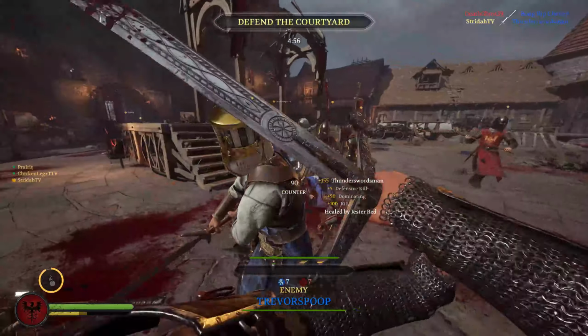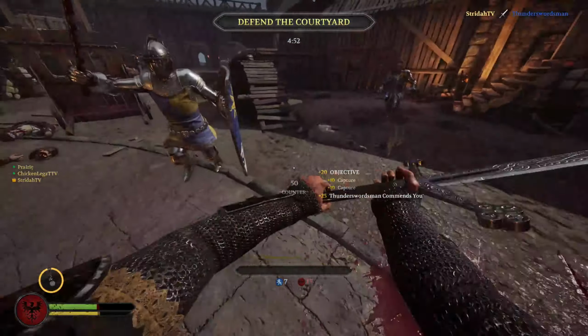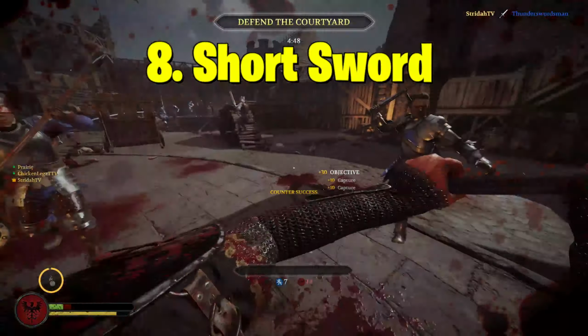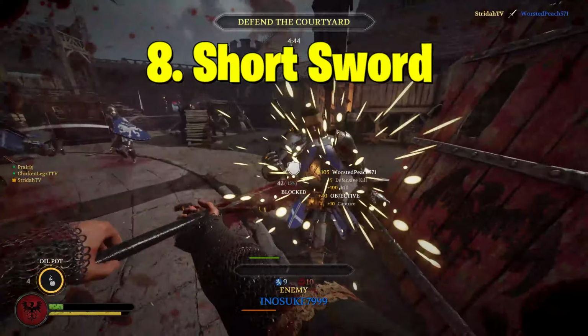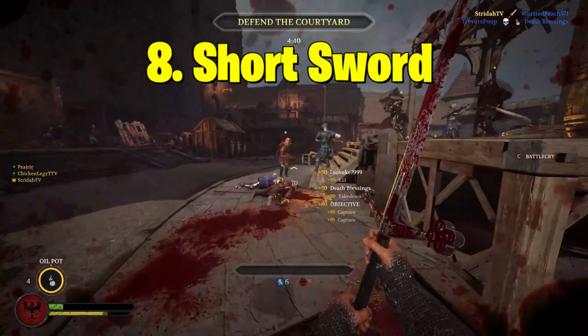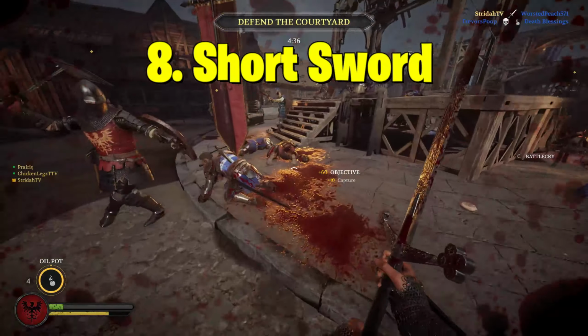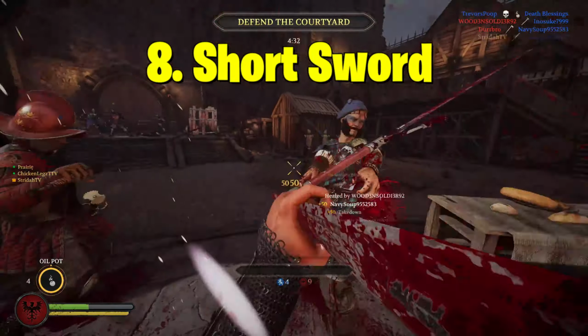The thing with swords in Chivalry is that they're all pretty decent. However, I think it's fair to say that at the bottom spot, we can place the short sword. The short sword, for all intents and purposes, is just a worse version of the regular arming sword, doing less damage and having less reach, with no difference in weapon speed between the two. There's no real reason to ever run the short sword as a primary weapon, I guess unless you play the